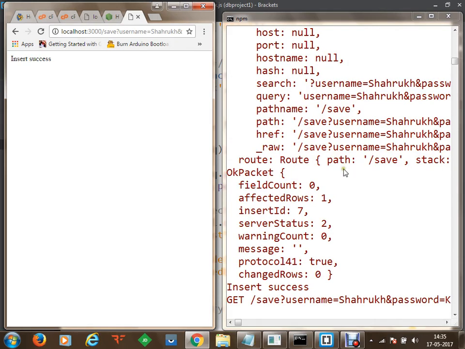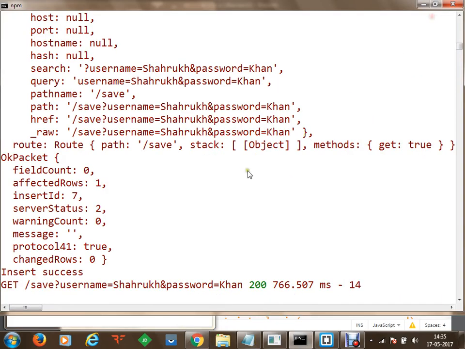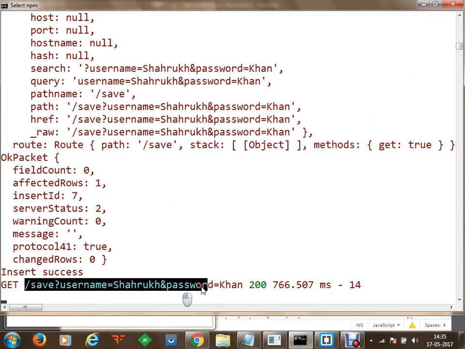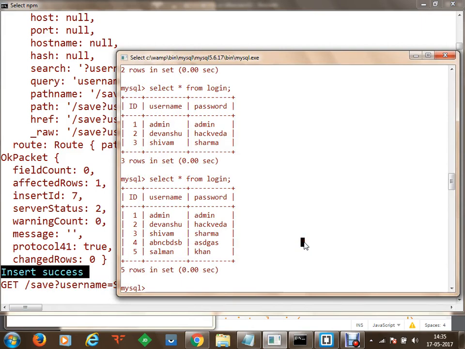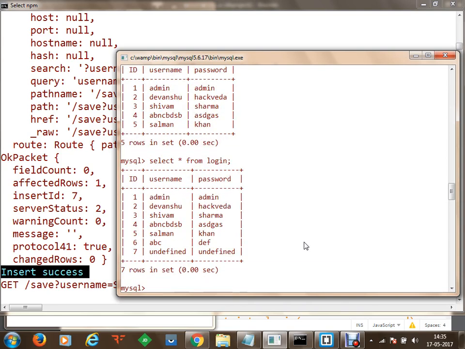Once the request has been received, we can see we have gotten information that this particular part is done. Insert success is being displayed, but I don't think the information has been stored because we were taking the incorrect parameters. We were taking parameters from request.parameters, so the values we have received are undefined at the moment because they have not been read.